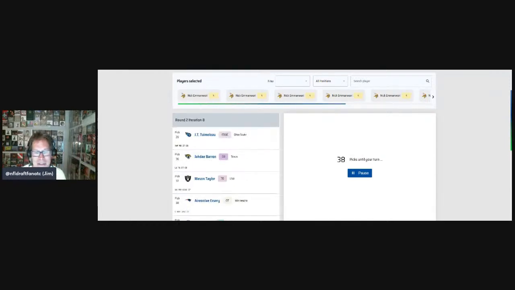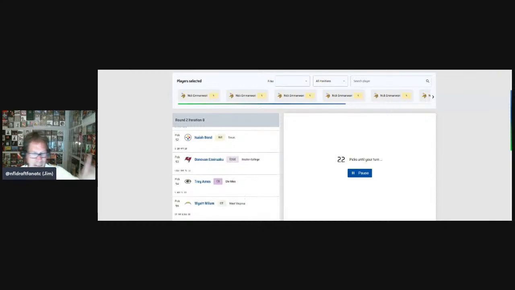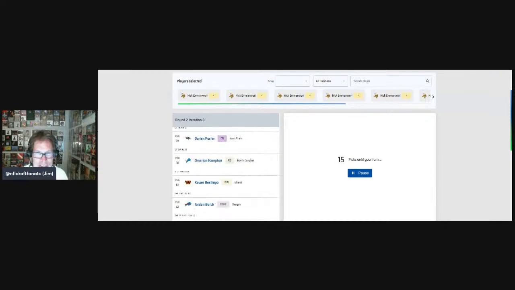Every team on this simulator has their own player board. And with the way a second round challenge algorithm works, you can see different players are falling to the Vikings each time.